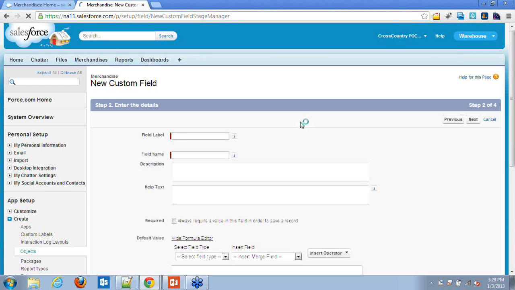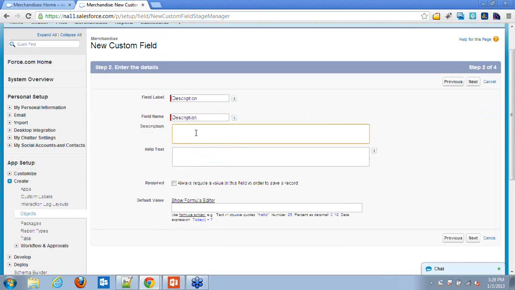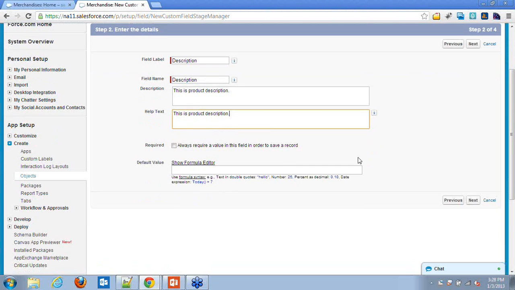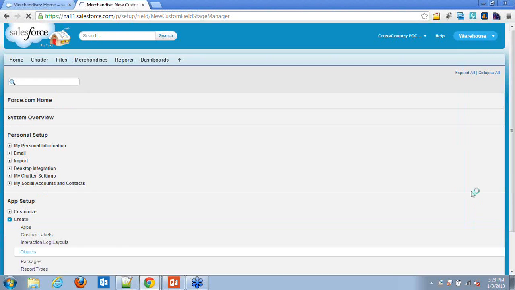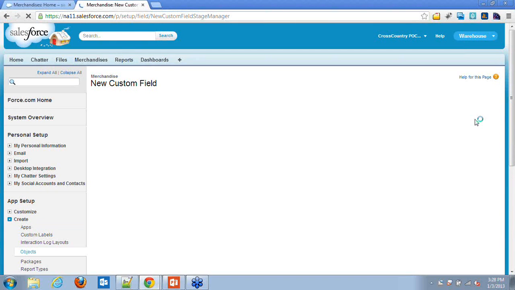So for the description, you can add description and help text, which will be shown on the user interface. You can mark it as required or not required, and just go ahead and save it.